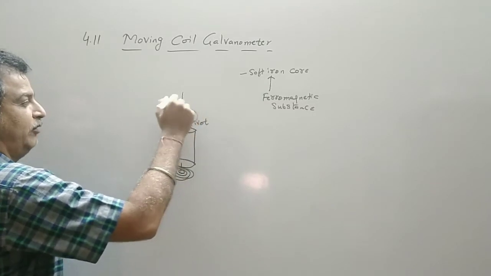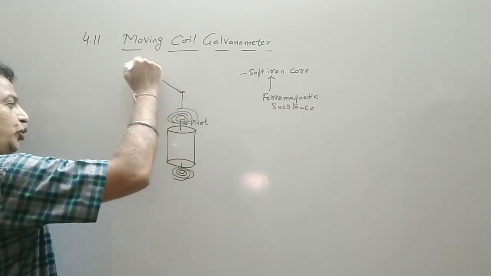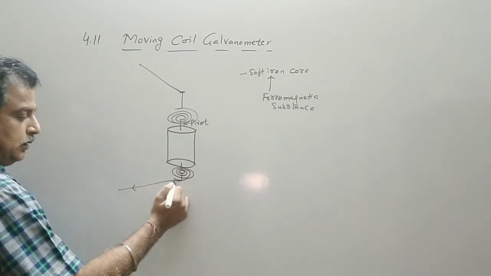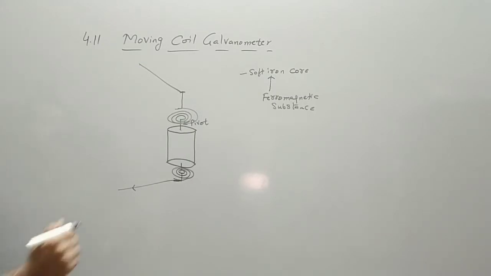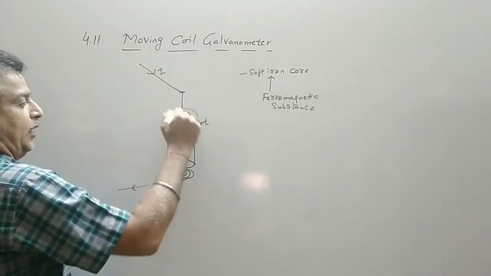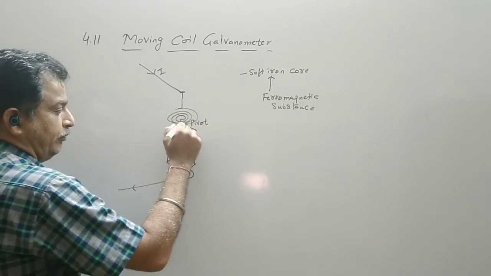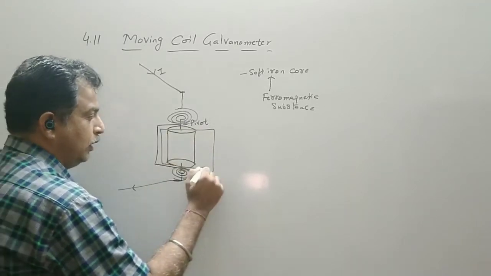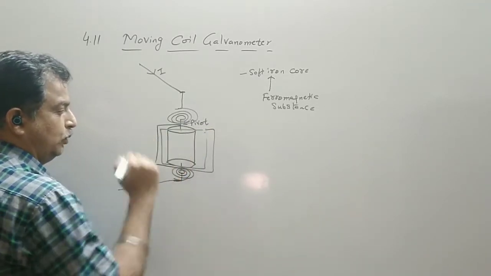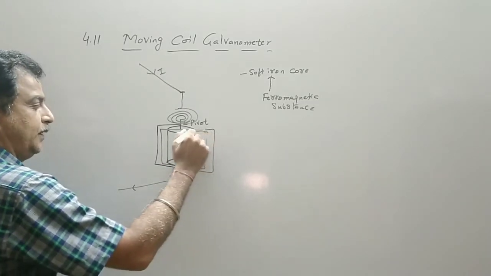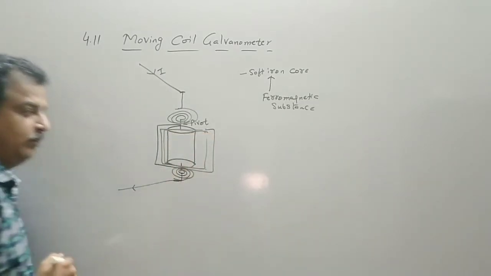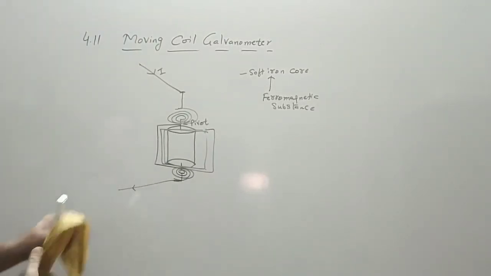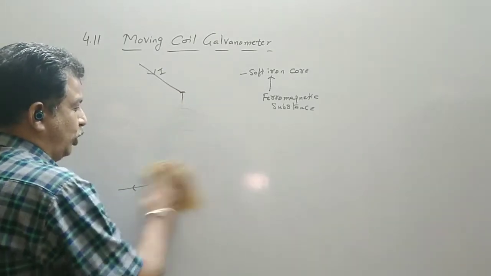Then we have a small thin wire. This is a very fine wire, and from this an output is taken. From here also a small support is given. So from this we enter a current, and now from this end we form a rectangular loop. So this is how the rectangular loop is. The support is given by the pivot. So let us redraw it.